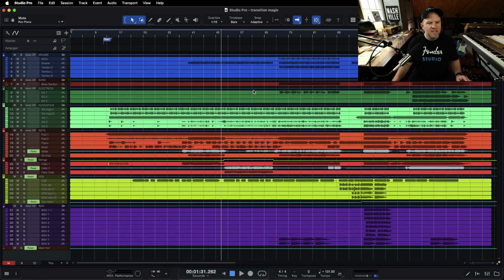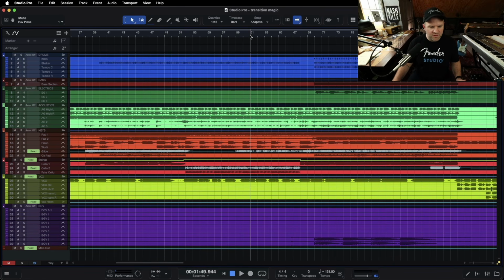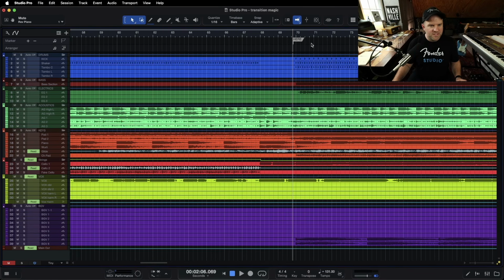I want to play the end of a verse for you. So the place in question is right here at just around bar 70, where it transitions from a verse into a chorus. And I want to let you just hear that transition here. I'm going to give you a few bars before and let you hear going into it. This is without the thing I'm going to show you, and then I'll show you what it is.